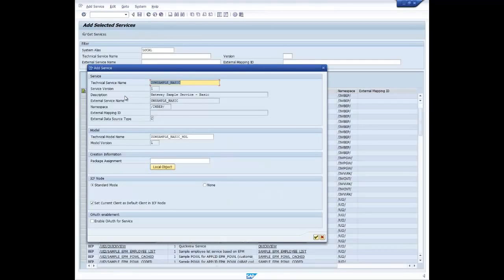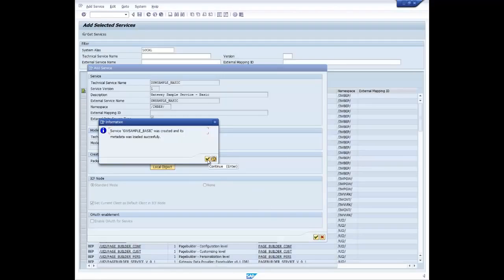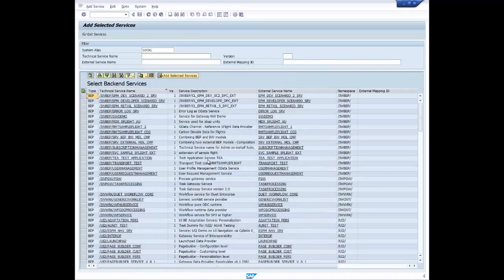Select the service. In the Add Service pop-up, enter the local object, say $TMP, if it has to remain a local object and not be transported to another system. Click on Continue. You will see a service pop-up. Service GWSAMPLE_BASIC was created and its metadata was loaded successfully. Click on Continue